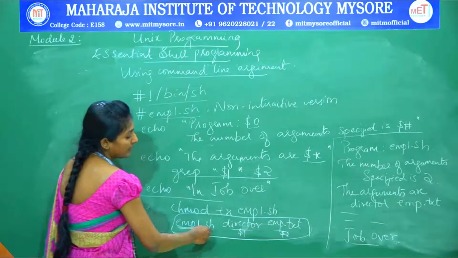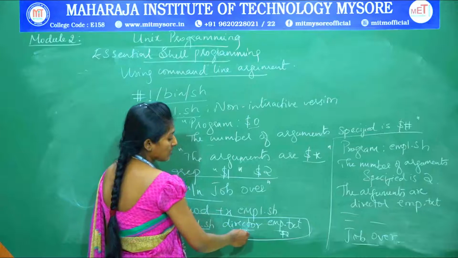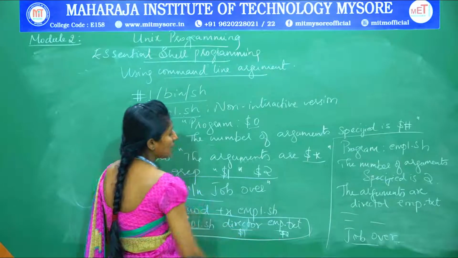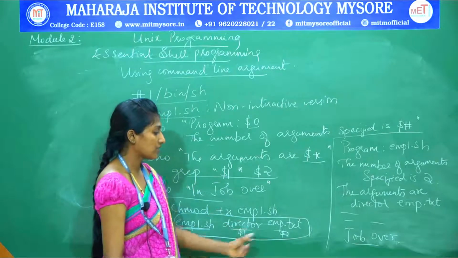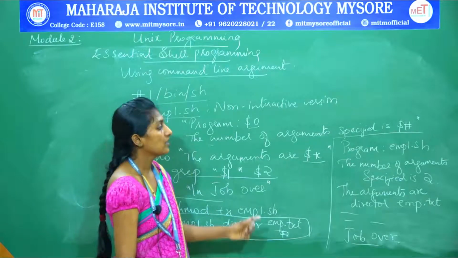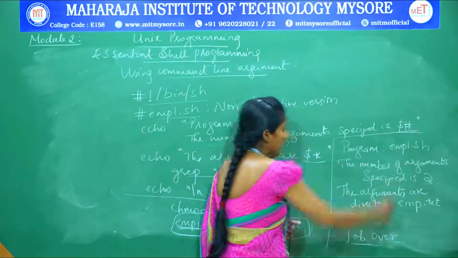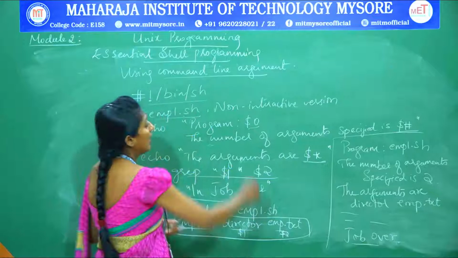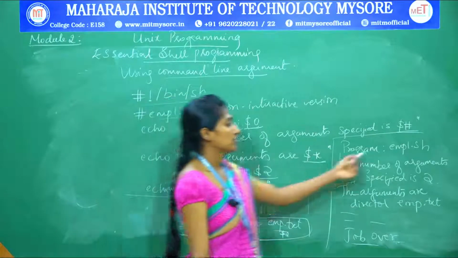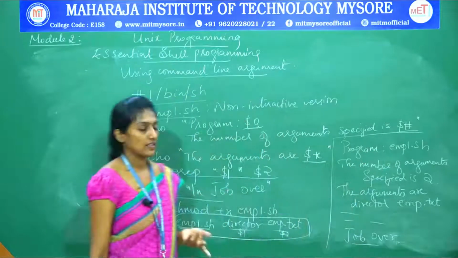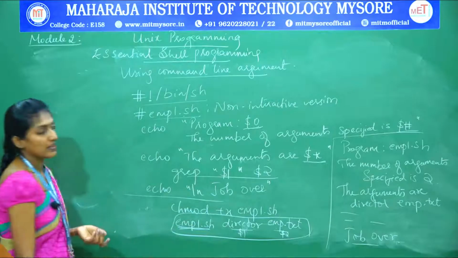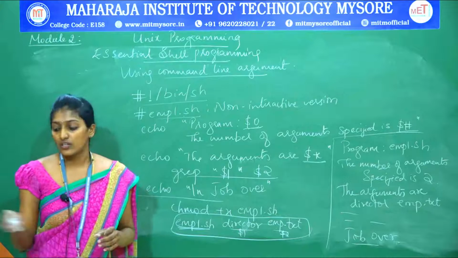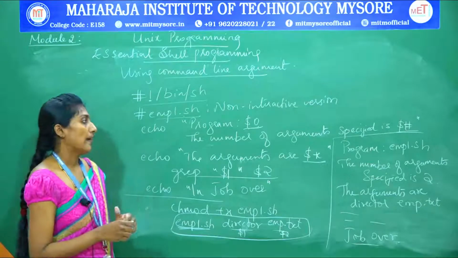In this command I have given 2 arguments which will be stored in positional parameters $1 and $2. For knowing the number of arguments provided, that will be displayed using $hash, and $star will display the argument names themselves, and $0 will display the command line itself. So the command line here is emp1.sh. So this is about how to use command line arguments using positional parameters.